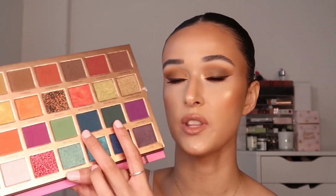I do wish, like I said to you, even though I'm glad there's no black, that there was a deeper brown shade. However, that's fine. You could probably go in with these two really dark shades as well. But yeah, do I have any complaints? No, I just wish there was a little bit more depth, just because that's what I prefer. It may not be what you prefer, and may not be what Tammi had in mind, but that is always